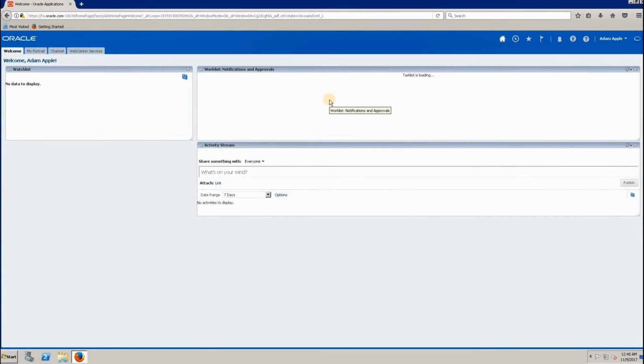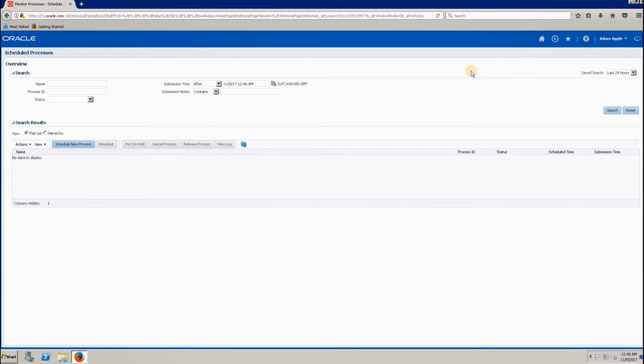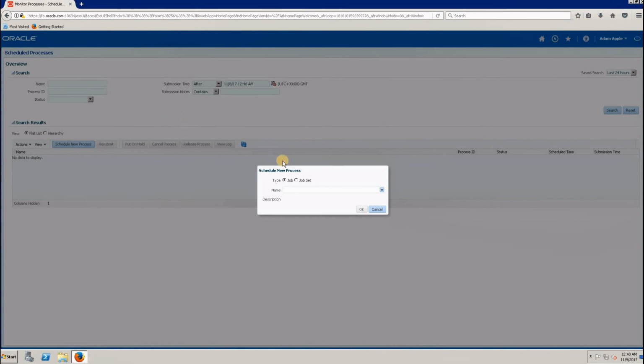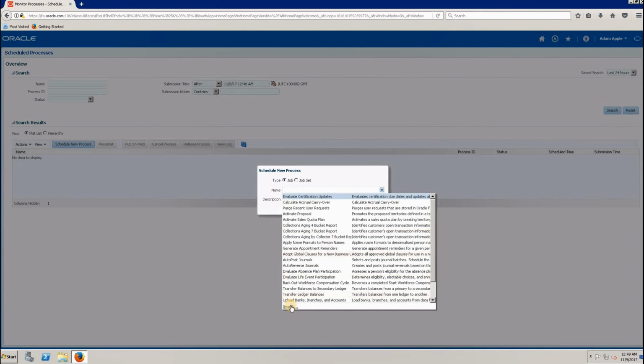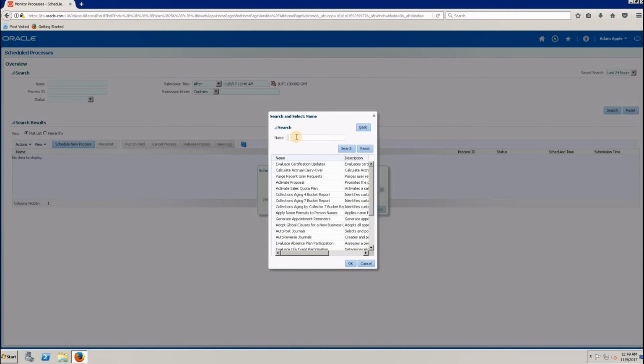So once you signed in into Identity Manager, you don't need to again re-enter your password. Here you have to go to this navigation button. In the navigation button, you have to go to Schedule Processes. Schedule New Process. We have to click on this small arrow. This will list all the scheduled jobs. We have to click on the search icon and then look for